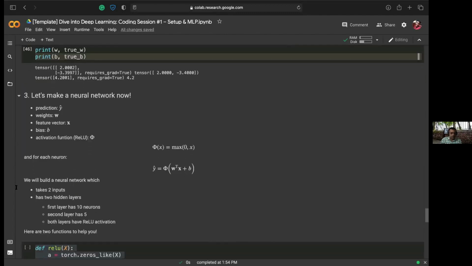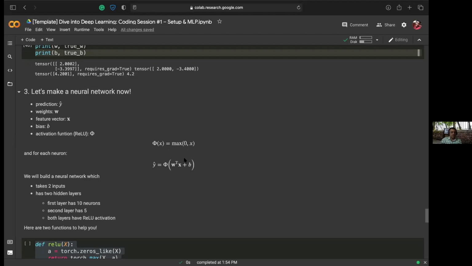So this is what our task is. We want to compute these prediction values. We have the same weights, feature vectors, and bias. The additional thing which we have now is a nonlinear activation function, which is the ReLU, given as max of 0, x. This is what Kshitij had already shown in the slide. Anything which has a negative value will get replaced by 0. Anything which is positive will just stay as it is. And instead of just computing the first thing, which was W transpose X plus B, which was our original y hat,